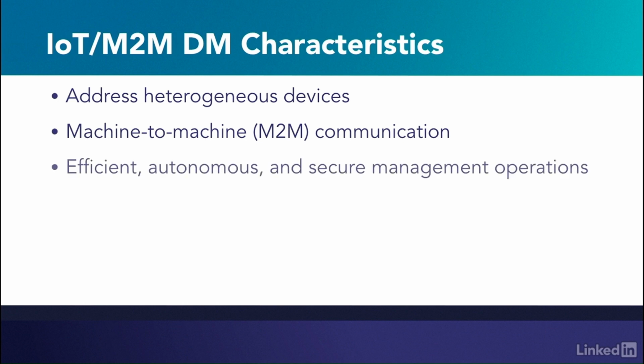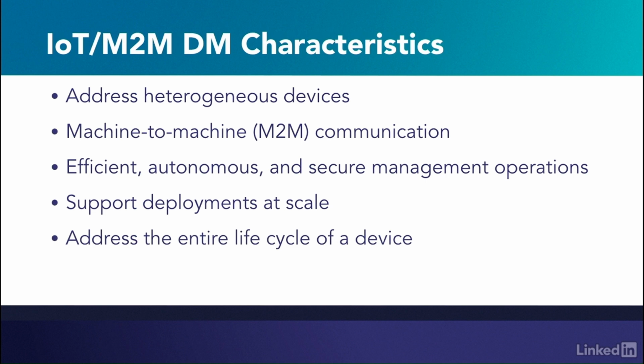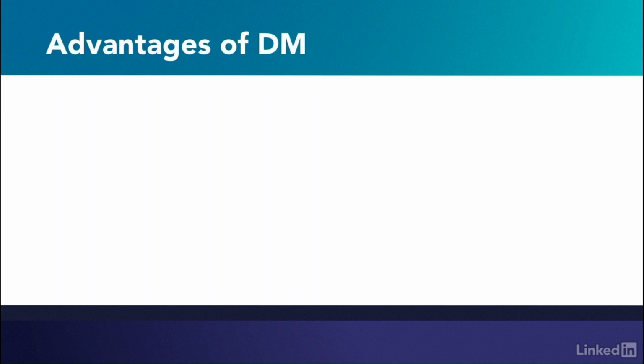Third, most of the time in IoT, we don't need much manual intervention, so the management procedures may need to be done efficiently, autonomously, and securely on one or multiple devices. Fourth, we often need a scalable setup when it comes to IoT device management. For example, we need to manage a large scale of IoT devices across communication networks and platforms. And last, the device management solution needs to be able to handle the manageability in the entire life cycle of an IoT device. To summarize, there are the advantages